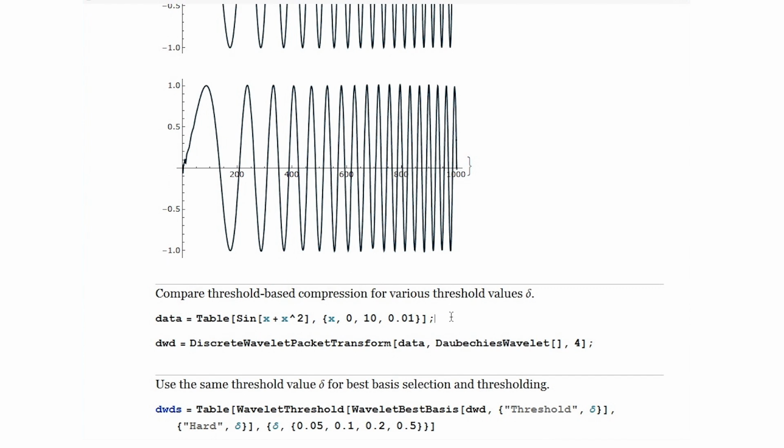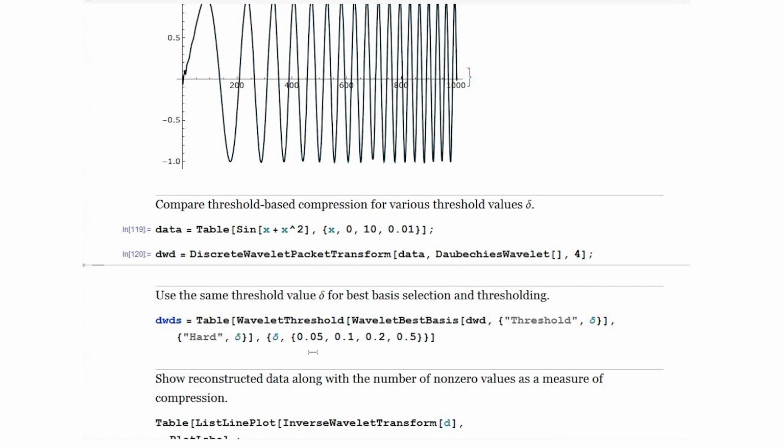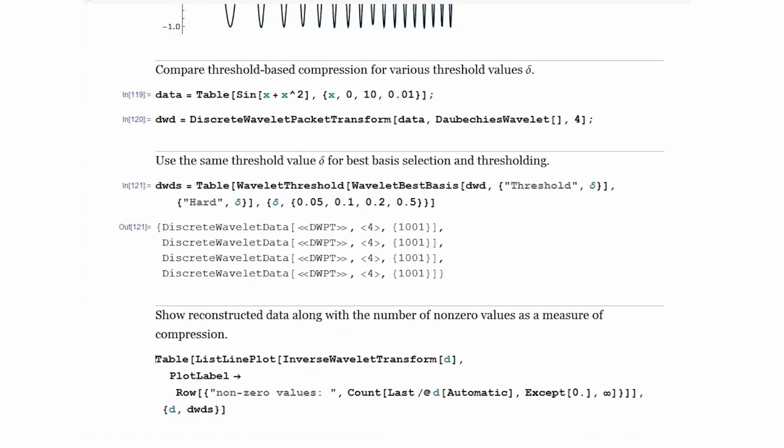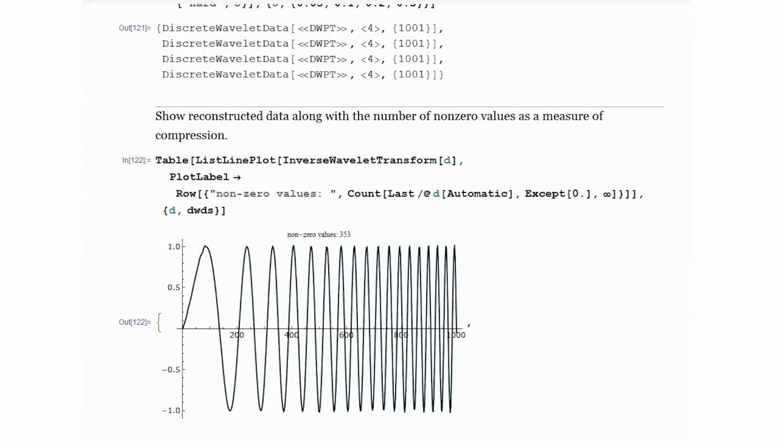So in this case we'll take the exact same signal and we'll perform a discrete wavelet packet transform using the Daubechies wavelet, but now we'll make the threshold value a variable and we'll compute it for different thresholds, and we'll put that in the form of a table. And when you look at the plot of the inverse transform of these thresholded functions, you'll see that